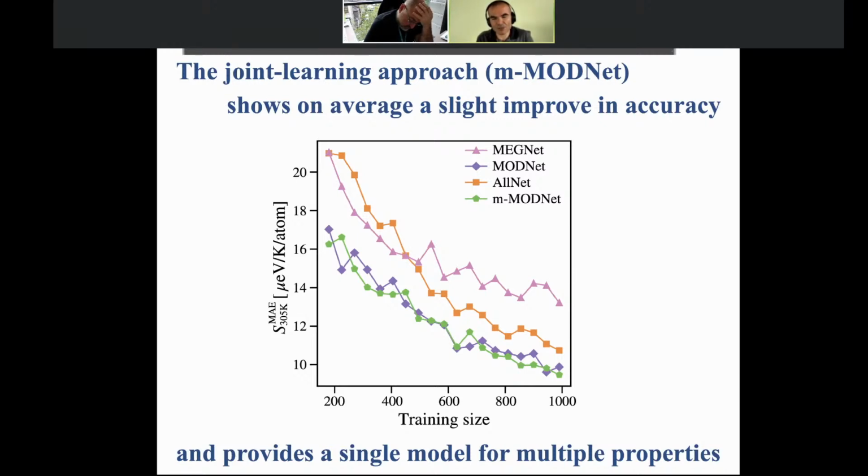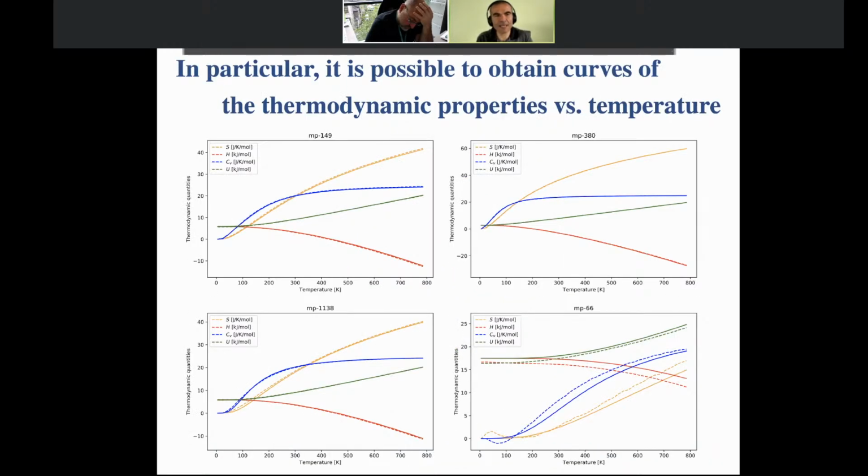And as a result of that, what we can obtain is that we can obtain curves. So here I'm comparing the different thermodynamical properties, entropy, enthalpy, specific heat, and internal energy, the DFPT computed ones, which are solid lines, and then the machine learned ones, which are the dashed lines. In most of the cases, we have very good results, and you see 3 of those, which are almost on top of one another. But just to be fair, I wanted to mention that we have some cases in which we still have some error, and we're going to try to improve that if possible, maybe by improving our methods or by adding more data.